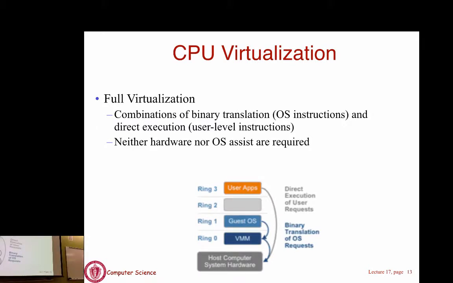All right. So, after saying that, we're going to talk about CPU virtualization. There are basically 3 different types of virtualization utilized in CPU virtualization. The first one is full virtualization. As you can see from the figure, the user applications are run unmodified, and their instructions are made directly to the hardware. They actually run on that.